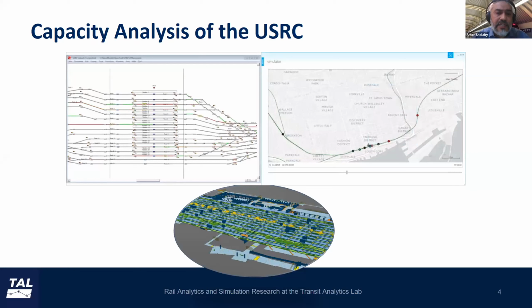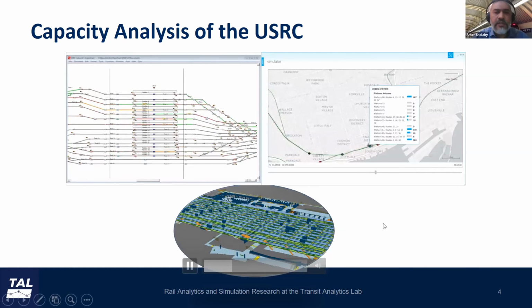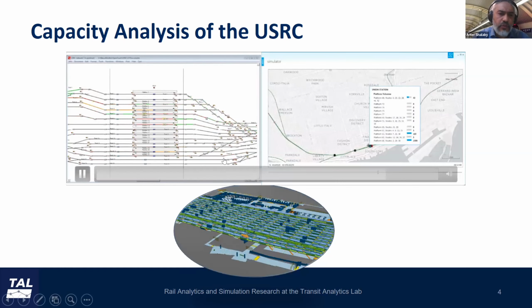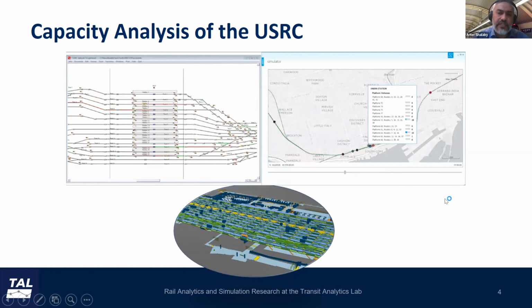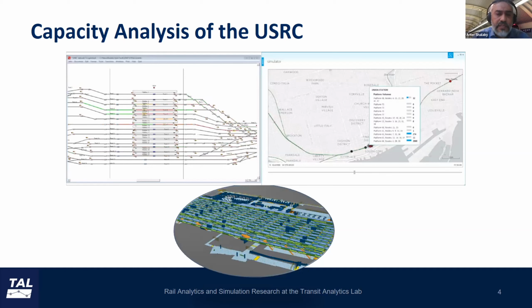Simultaneously, within the same framework and in an integrated fashion within NEXUS, we also developed a model of the crowd movements and crowd flows and densities on the platforms and how they interact with the train movements. This is the model that you see at the bottom here. This is a MassMotion model that's integrated with the OpenTrack model. And we did a major study. We collected data, calibrated models, and we conducted the capacity analysis,